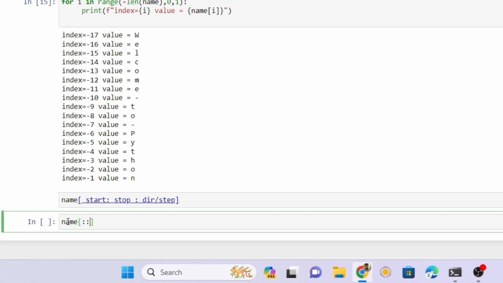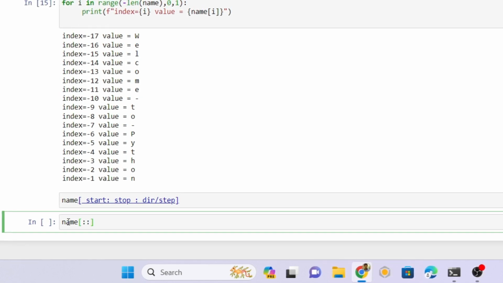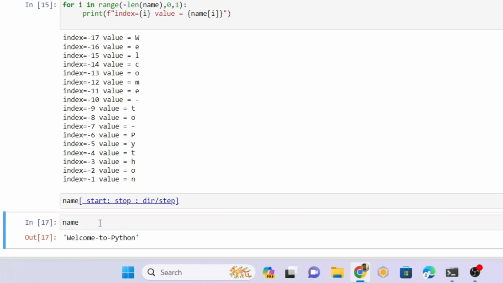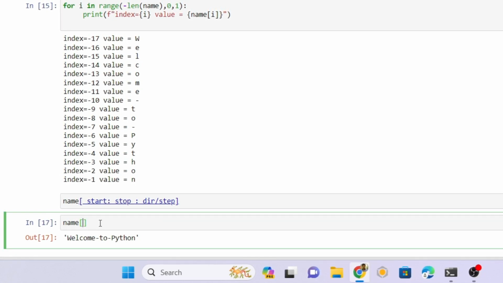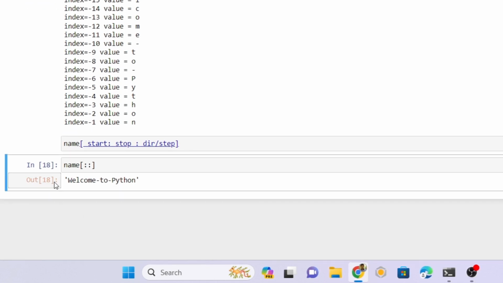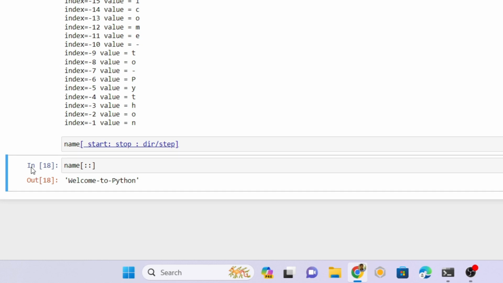I want to print everything. So in this case you can leave them, it will try to print, even it will print the same. So like this it is. Now positive slicing,